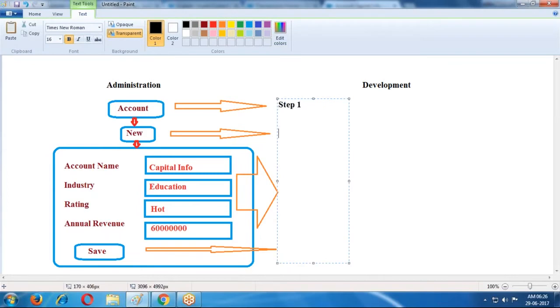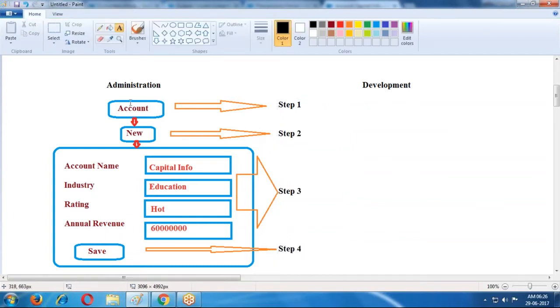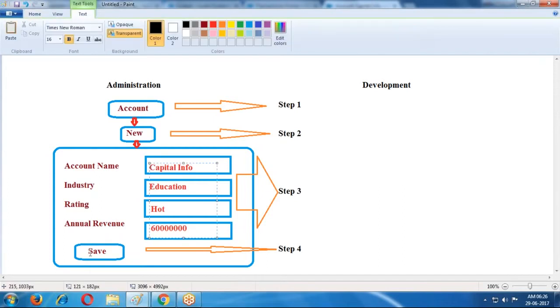Step 1, step 2, step 3, step 4. There is a 4 steps process we are using through administration. If you want to insert records into the account object, first click the account tab, then the new button, then enter the details, and click the save button. These are the 4 steps.